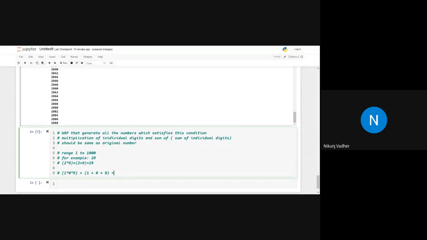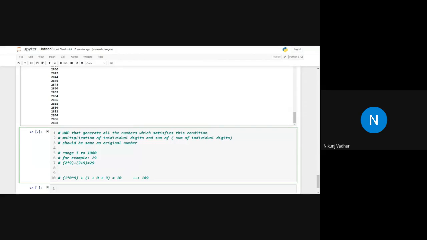So what will be the answer of this multiplication? It is 0, right? And addition of this will just be 1 plus 9, 10. Okay, what should be your actual output? 109.